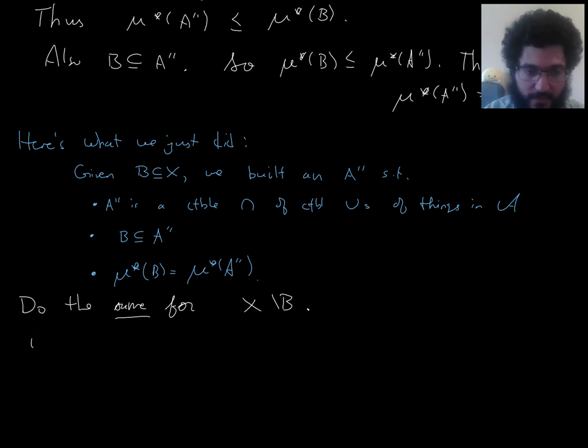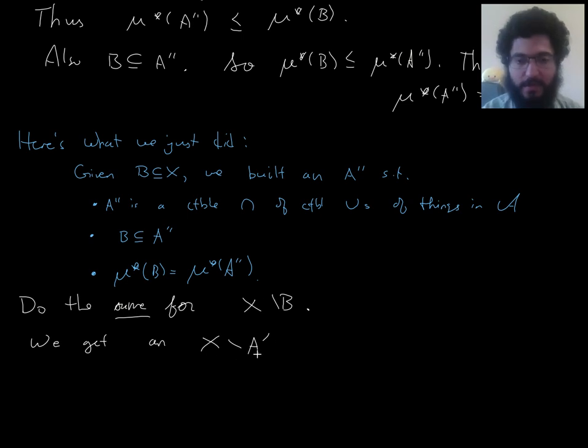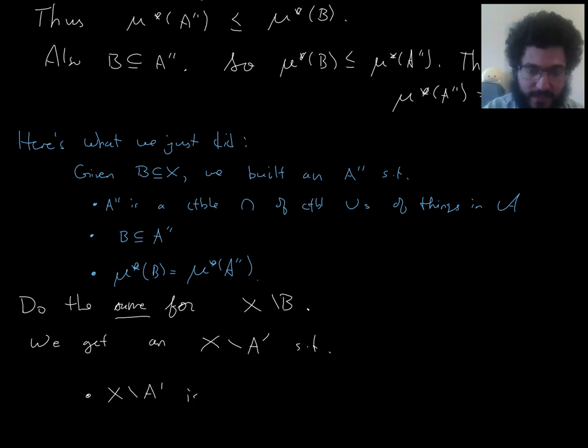So what do we get now? We get, I don't want to call it A prime since it's going to end up being, so I could give it a name like F or something, I don't know, but allow me to give it a name which is already the complement of something, because then I'm going to define A prime to be the complement of whatever I get out of this procedure. So we get, by doing the same for this, we get something whose complement I'm going to call A prime, so that this something can be called the complement of A prime, such that, first of all, this is a countable intersection of countable unions of things in A,